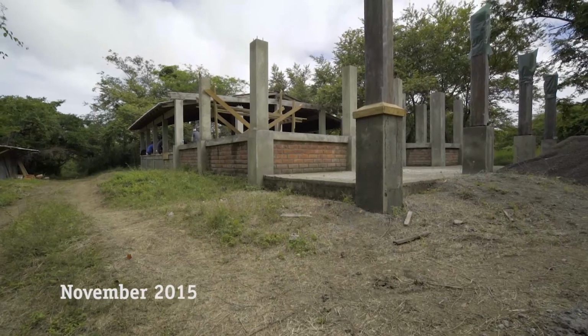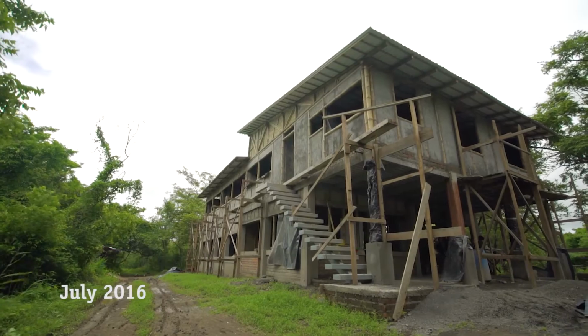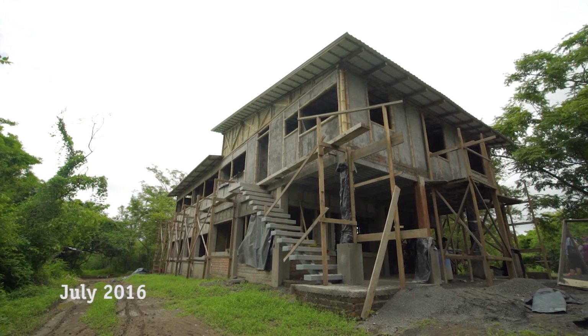Since last November, a lot has happened. Obviously, you can see from a lot of the progress and update videos. A lot of the structural elements were in place when we got here in November, and then from there we were filling the voids between them, adding additional load-bearing columns, put the suspended flooring system, and then got into our